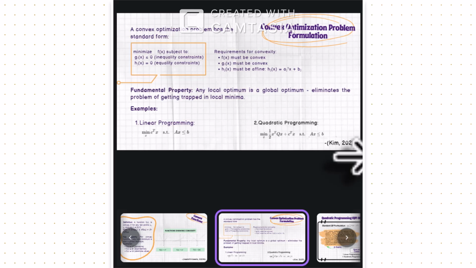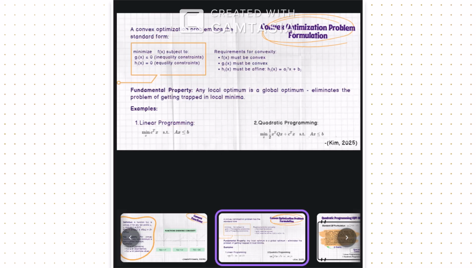Linear programming is used in scheduling, resource allocation, transportation planning, and supply chain management. Now talking about quadratic programming, it extends linear programming by allowing the objective function to be quadratic. While the constraints remain linear, it is formulated as minimize 1/2 x transpose